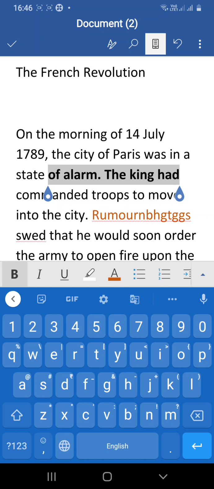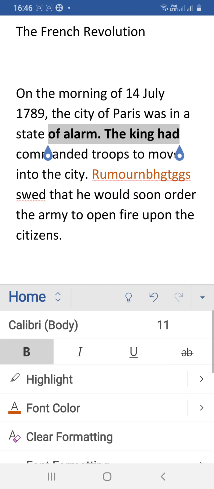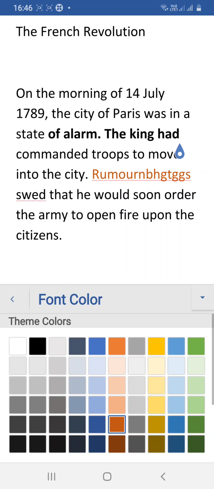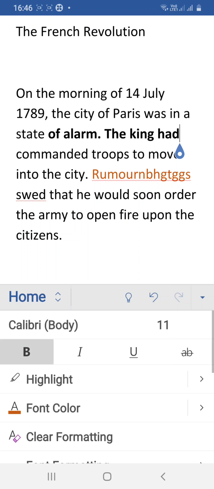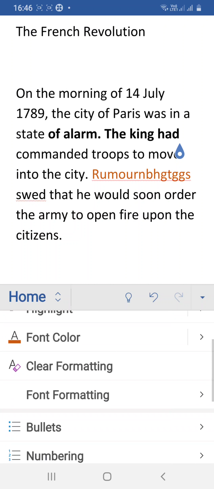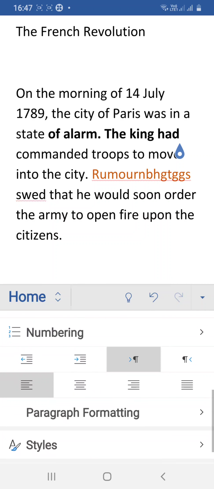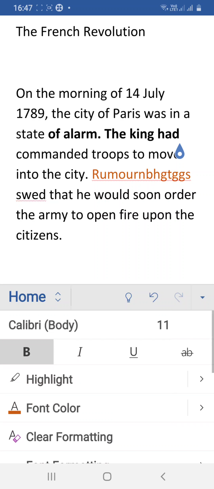On the extreme right there is one arrow symbol. You can take that. Now the complete options are there: highlight, font color, clear format, bullet, numbering, paragraph, style, font, everything is there.